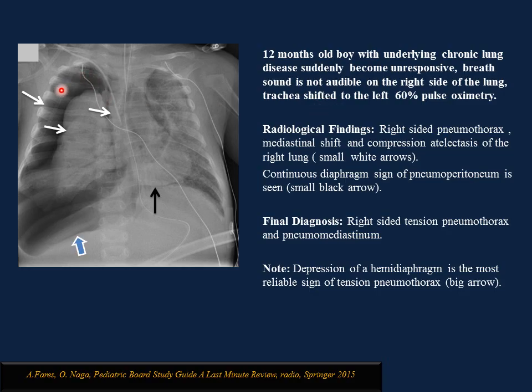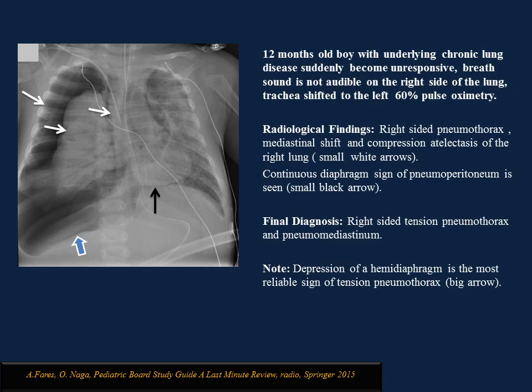Anyhow, the chest x-ray here shows a right-sided pneumothorax with depression of the right hemidiaphragm, which is a reliable sign in the case of tension pneumothorax, and shift of the mediastinum to the left. Also here you will see a continuous diaphragm sign of pneumoperitoneum. So this is a classic presentation of tension pneumothorax, and should be treated immediately with thoracentesis, with no wait for imaging